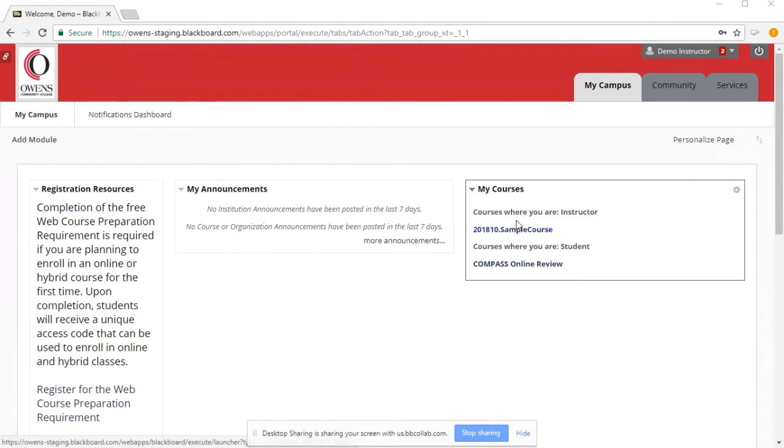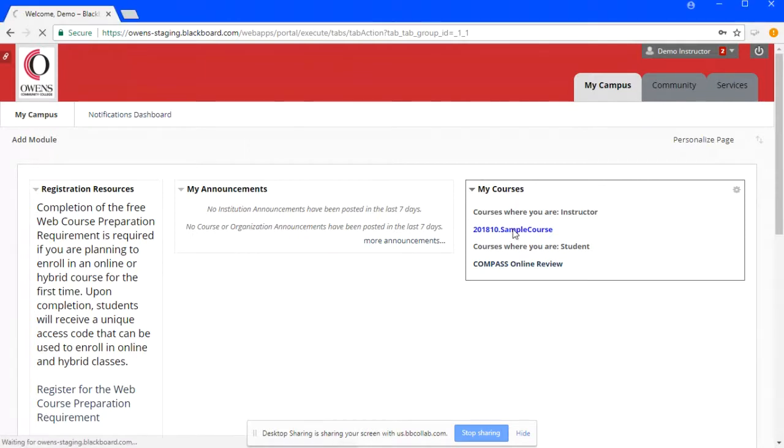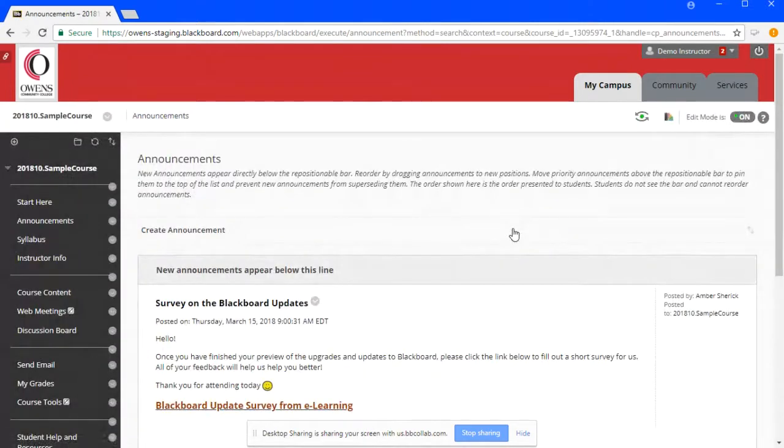And so if you were to look at your course and you were hovering over it with your mouse, same as before, simply click on the course and it will redirect you to it. This is the sample course that we have up and running for you to go and preview in our staging server. So feel free to go in and check it out. It's not a problem. There's nothing that you can break in this course that I can't fix.